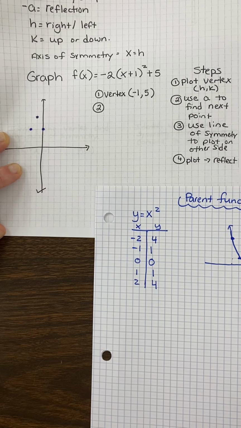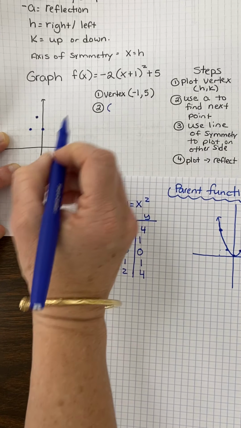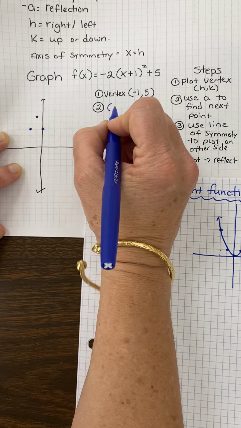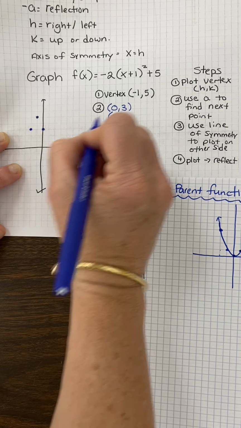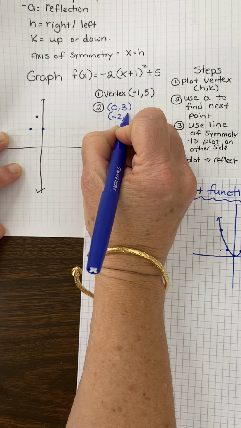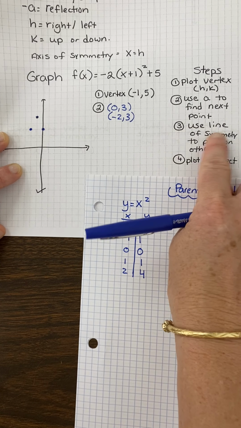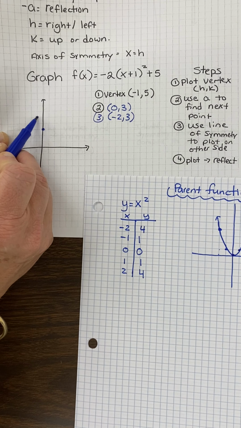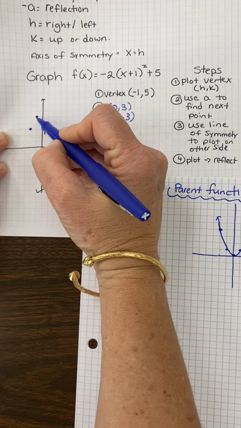All right? Now I also know when I go back, so let me put these coordinates here. So it's almost like I went down 2 over 1. So my coordinate was 0, 3, and then I had -2, 3. Now step 3 just says you use the line of symmetry to plot the other point. So what that's saying is these are always going to be symmetrical. So I plotted this point, and then I'm going to use the other line of symmetry, and it should look